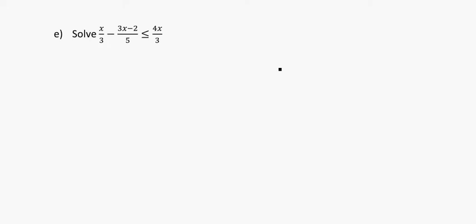Okay, so now we have another algebraic fraction that we need to simplify, and in this case it's actually asking us to solve it, and we've got an inequality in here which we can kind of pretend is like an equal sign for now. So the first thing I'm going to think about doing is trying to deal with the fact that I've got fractions, which is not always fun. And there's a few ways to solve this problem, so I might demonstrate both so you can pick and choose